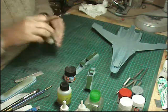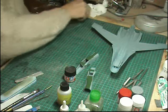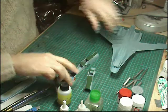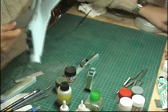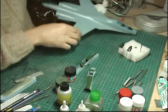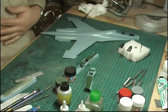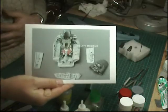Now I'm hoping the cockpit is all nice and dry, it should be. So if we just pop that to one side just for the moment, we can have a look at the cockpit. It's actually in there now. What I've also done is painted the seats black. Now the call out would say do it the grey colour, the cockpit the blue colour. It's not. If I've got a little picture here, this is one I did a long time ago, but this